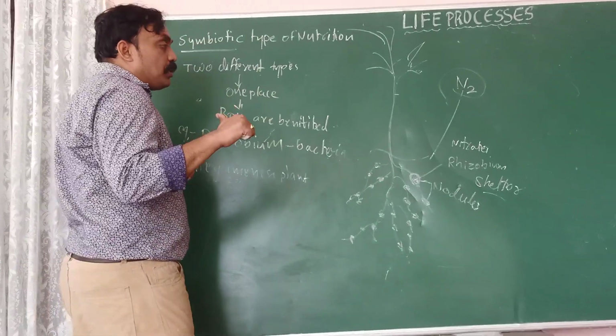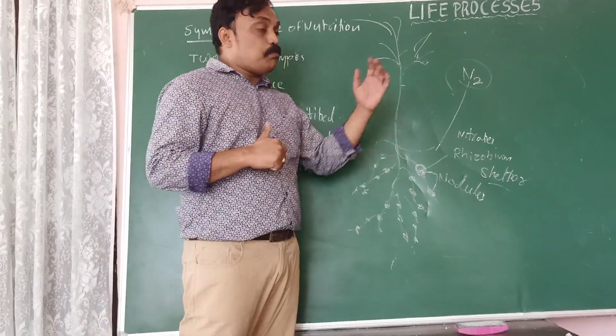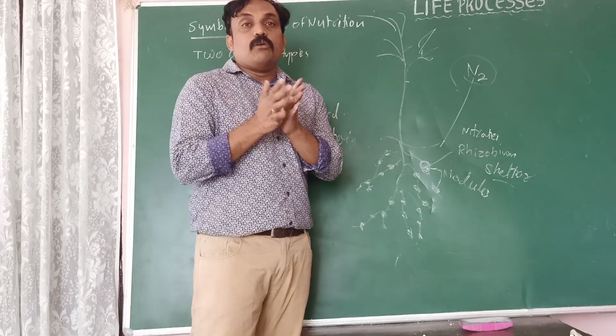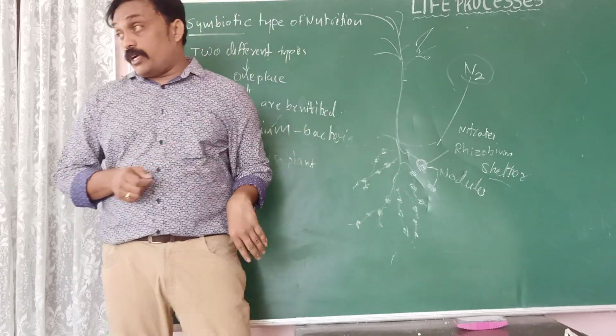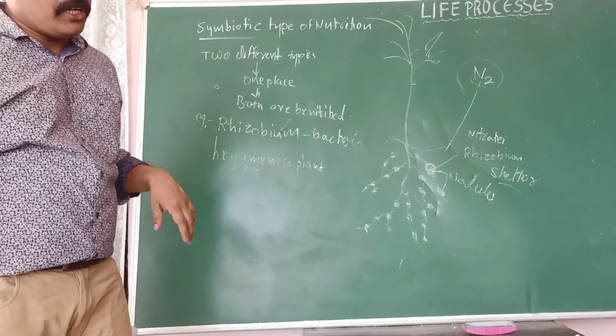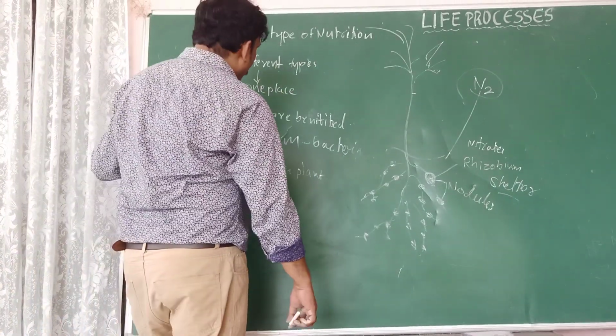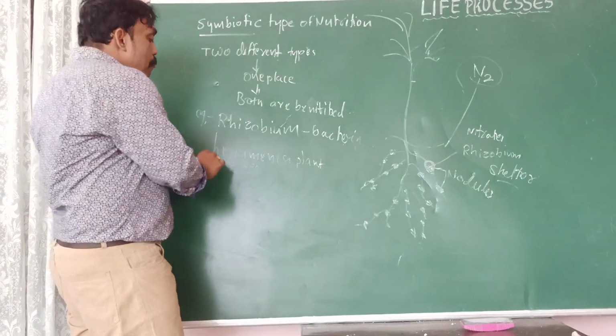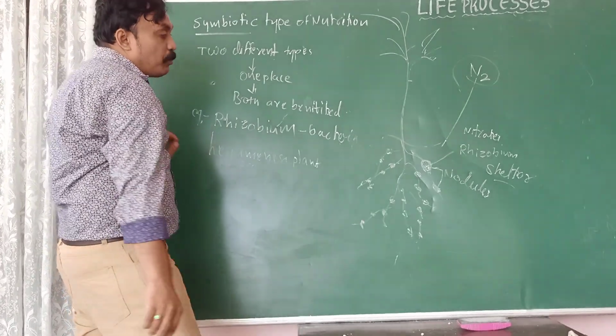Here there is no relation. One is a bacteria, another one is a plant, but both are living in one place. Both are benefited, and that is called the symbiotic mode of nutrition. Okay, after that we are going to discuss a very, very important